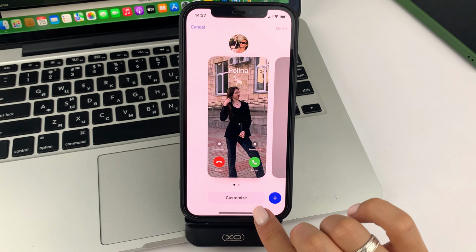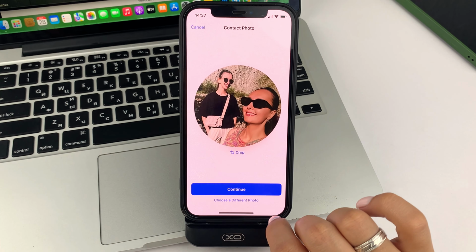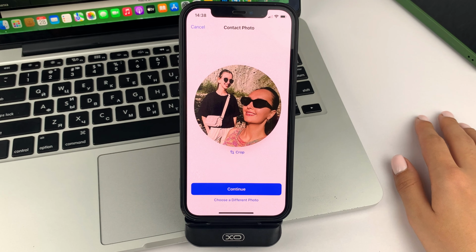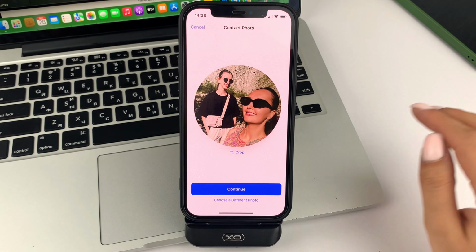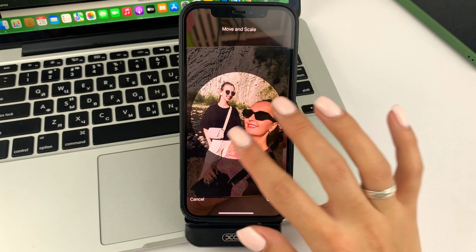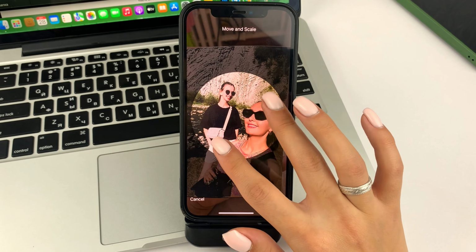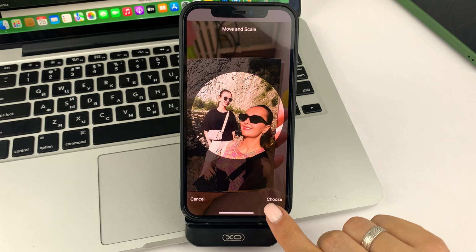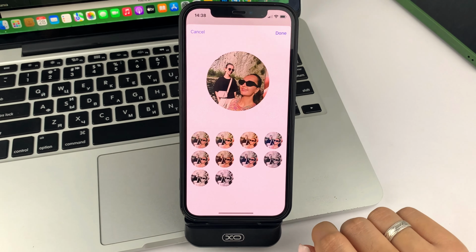Now at the bottom, go to Settings. Then select the contact's photo. Here, you will either already have a contact photo that you can edit a little bit. First of all, you can click on Crop, and crop the photo in any way you want. Zoom in or zoom out as you need. And after that, at the bottom right, click to save your changes.